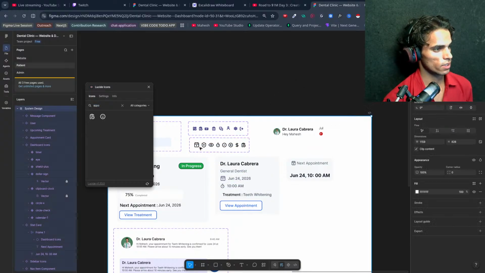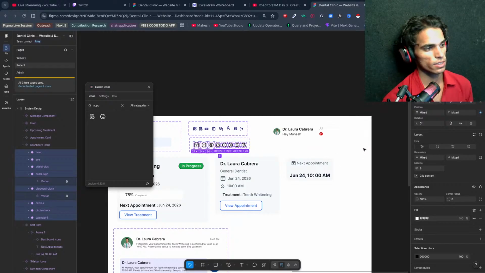Let's change the color of all the icons.